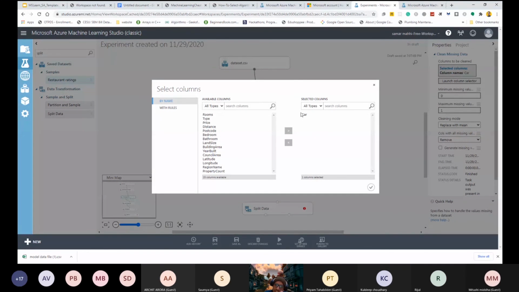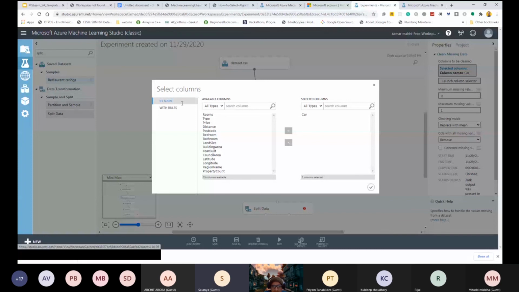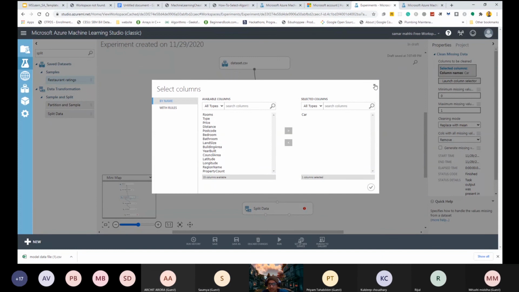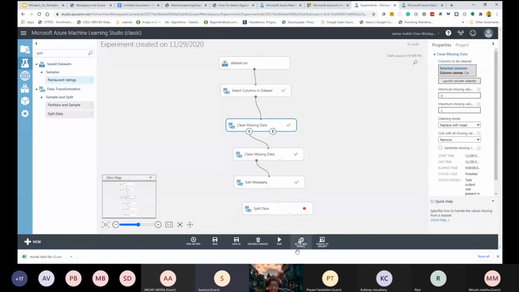Are you also doing the same thing on your side? Sir, it's not showing launch column selector, it's showing begin with all columns, no columns, with rules. Okay, click by name. Yes, sir, it's there. Okay, so you just have to put the car part into the selected columns. Okay, take a minute. Okay, after that, done, sir. Then just rerun it again.